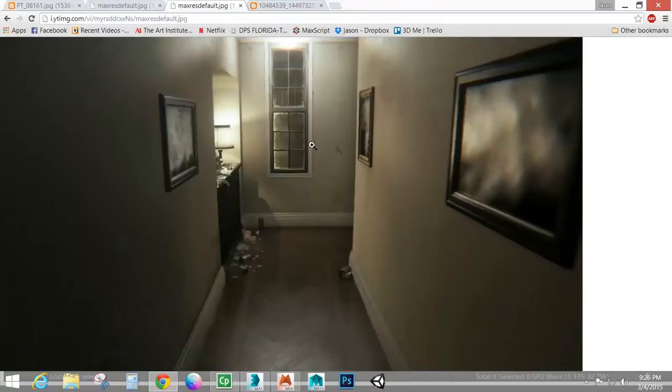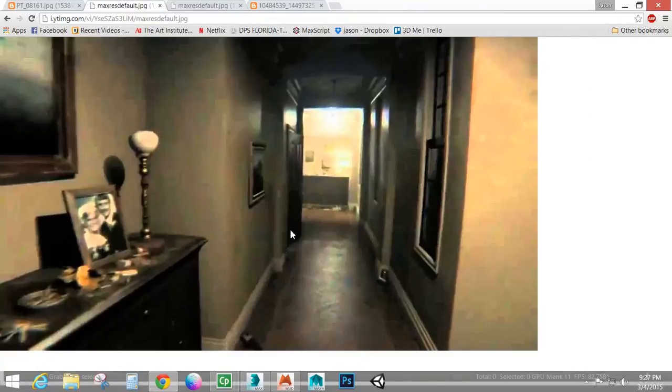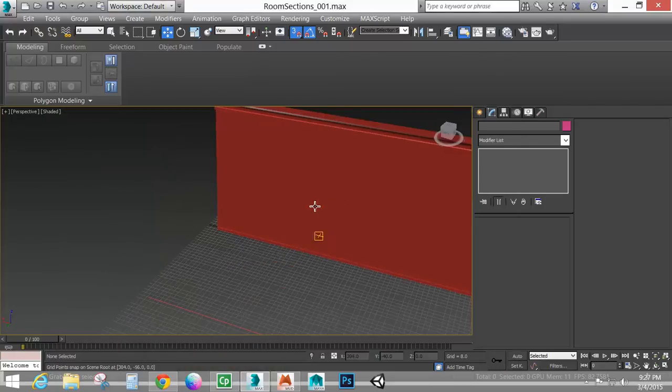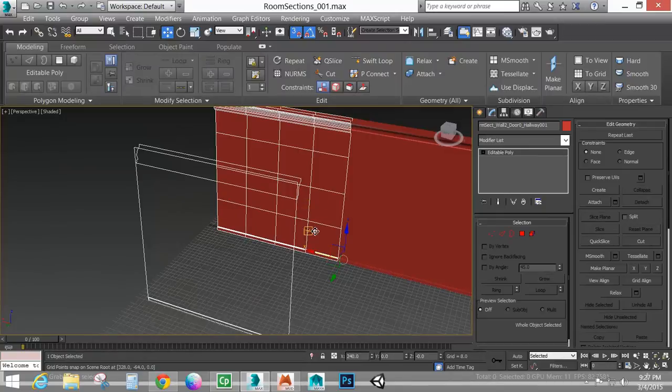I could have room sections that have windows already built into them. I could have room sections that have these little kind of cutaways. I can have room sections or hallway sections that have these little kind of pillared parts in the middle. I can have room sections that have door frames in the middle, which I've already kind of got. And that's how this will kind of work. And then the last part of this is just unwrapping. Now,